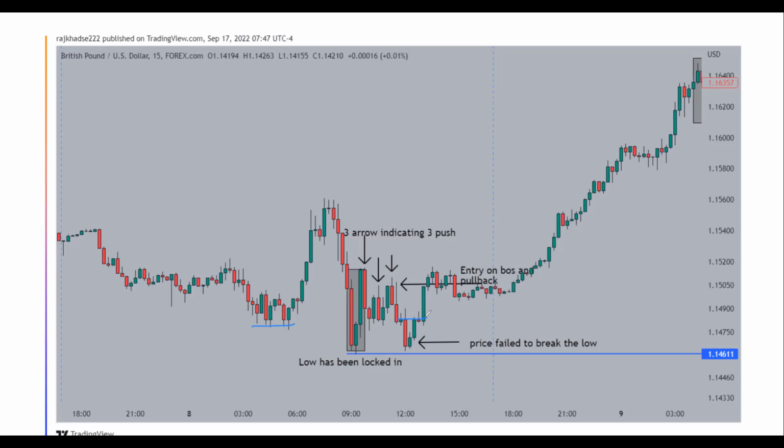So on the lower time frame chart you will be looking for entries, and on the 15-minute you will be looking for confirmations, patterns, and all other things. You can also look for the low being locked in, and you can also look for the three pushes to the downside and then the move to the upside. But what happens here is